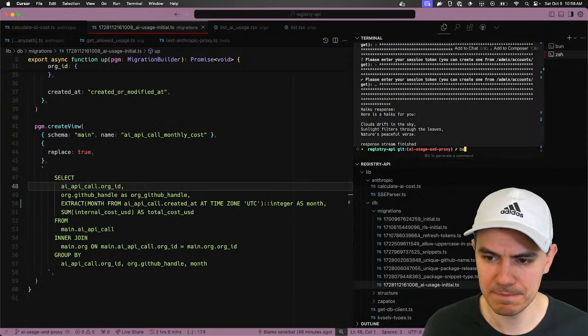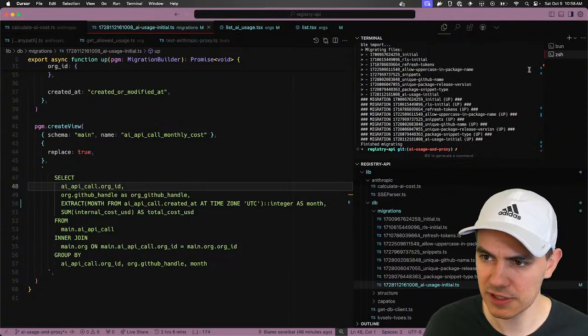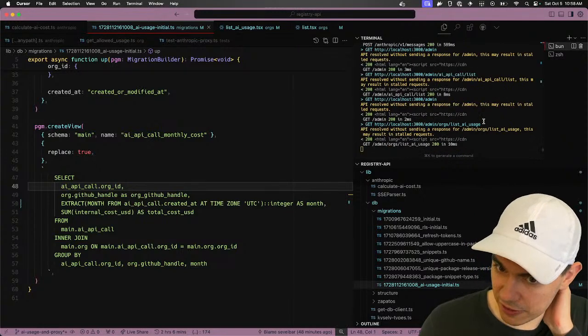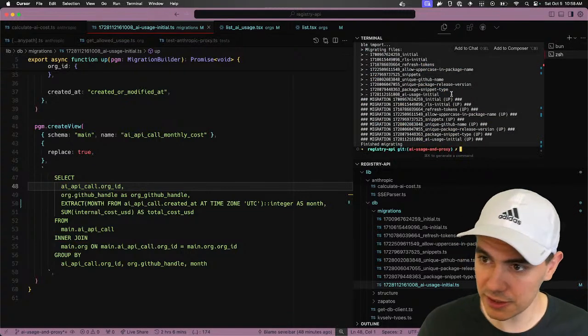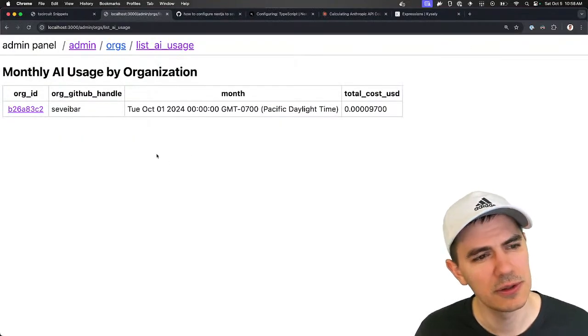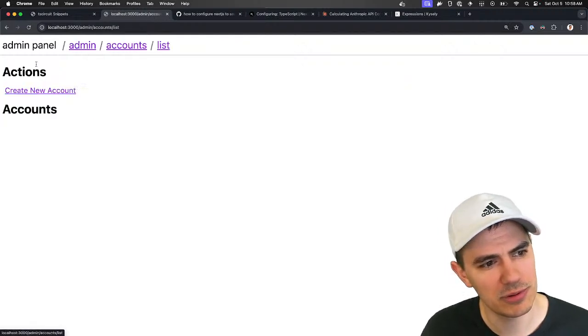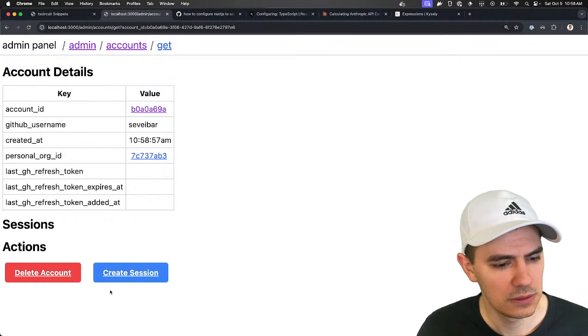Let's try that. We're going to have to reset the database because although this migration isn't run on production, I do need to rerun it here. Yeah, is that good enough? Is that everything I need to do? And then I have to go through the whole process of making new requests again. Sad face.